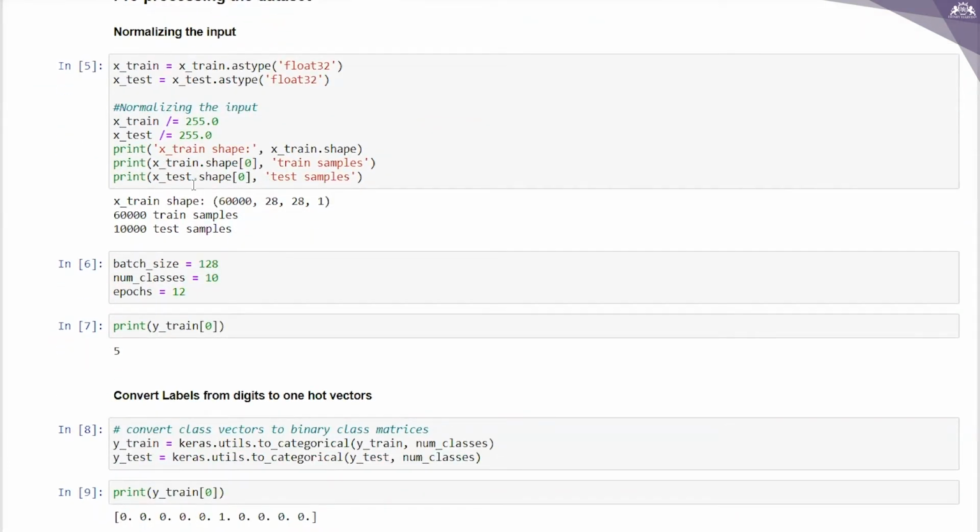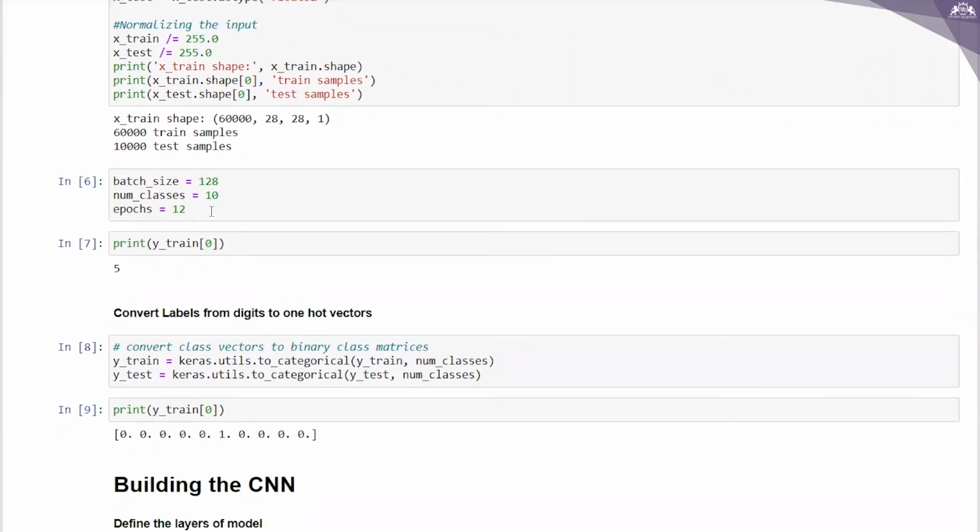I wanted to know how many training samples and how many testing samples there are. I'm getting the output 60,000, 28, 28, 1. As I told you, 1 tells about the channel, 60,000 tells about the number of training samples, and 10,000 tells us about the test samples, right?